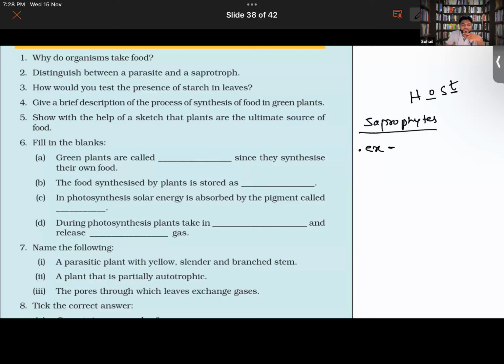Next question: how do you test the presence of starch in the leaves? Sir, by using a simple activity, you need to take a beaker and boil it with water, and then take a test tube and fill it with alcohol, and let it set for a little. Take a leaf